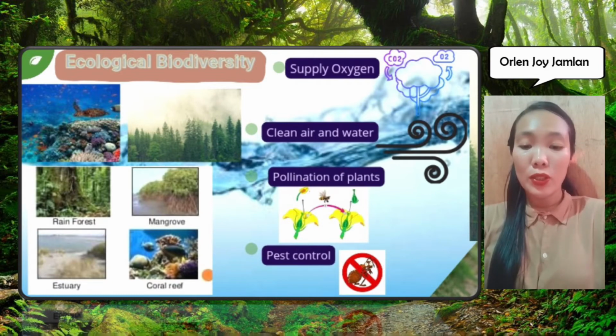Next, pollination of plants. Insects and wind pollinate plants and trees, which is essential for the development of fruits, vegetables, and seeds. Next, pest control. By increasing biodiversity and creating habitat for natural enemies, land managers can boost natural pest control services and reduce reliance on pesticides. Hence, all species and parts of this ecosystem benefit, and importantly, it is for their existence.